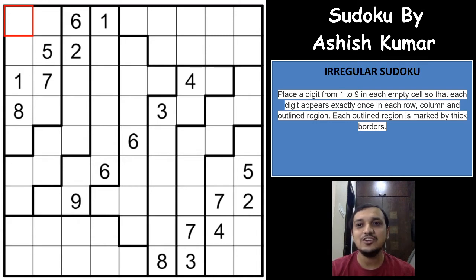Myself Ashish, and today I'll be covering a Sudoku variant called Irregular Sudoku. This Sudoku was constructed by me for my Enthralling Sudoku Volume 1 book that I released a few years ago, and which had very good feedback and reviews after many top solvers bought the book. This Sudoku was featured in the book, and the best part is that Kota Morinishi, four-time World Sudoku champion, has taken approximately 5 minutes on this Sudoku. So let's see if we can crack this Sudoku and beat his time.